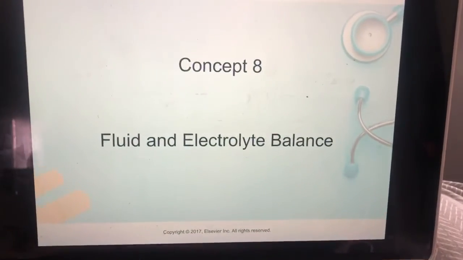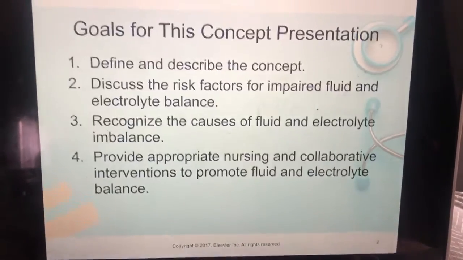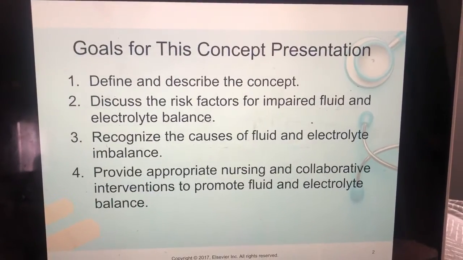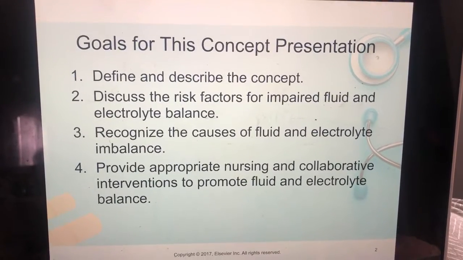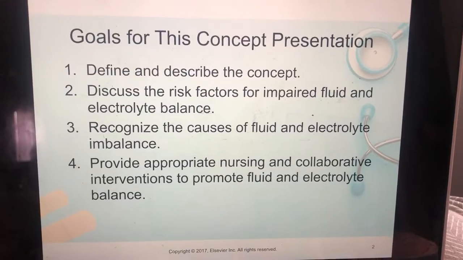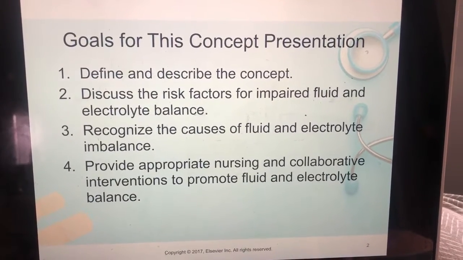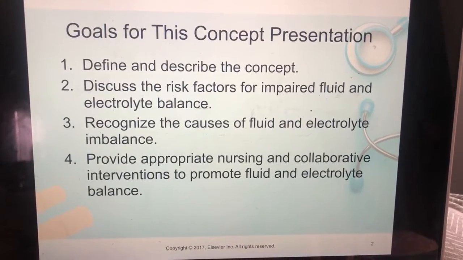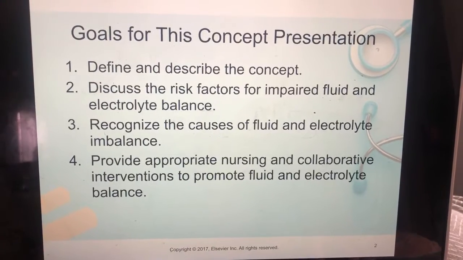Alright guys, so this is concept number 8, fluid and electrolyte balance. The goal here is to define and describe the concept, discuss the risk factors for impaired fluid and electrolyte balance, recognize the causes of fluid and electrolyte imbalance, and provide appropriate nursing and collaborative interventions to promote